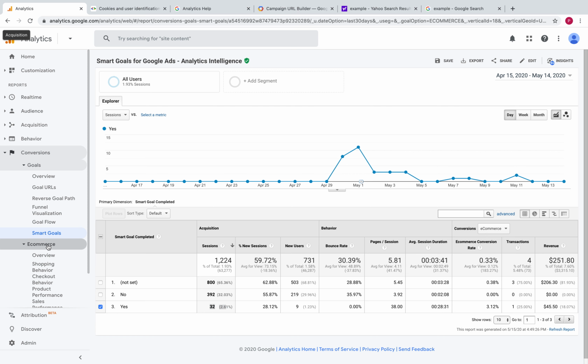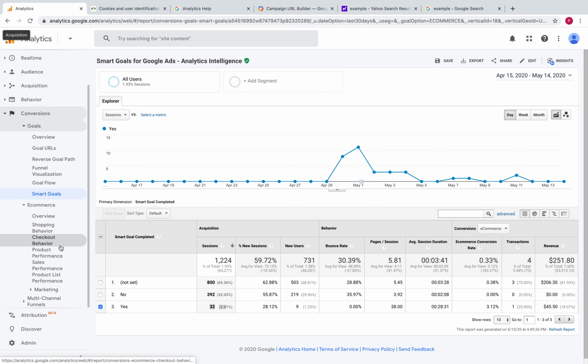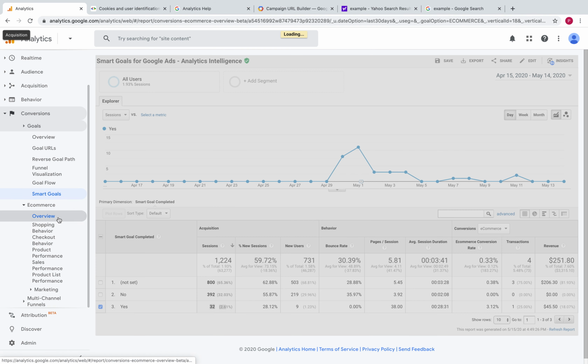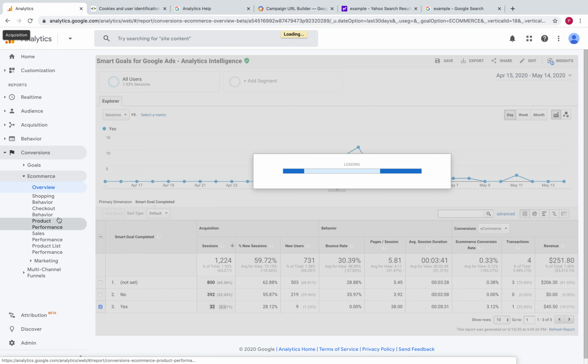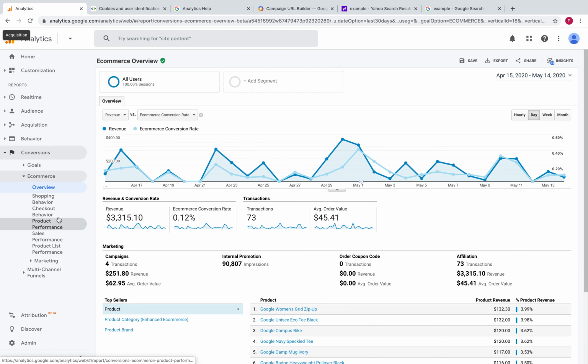Then the e-commerce reports, and this being an e-commerce website, these are reports that you're going to spend a lot of time in. If your website is not e-commerce, then you don't have any reason to look at these reports. The important thing is that these are not tracked by default. You actually have to do a lot of code installation on your website to get